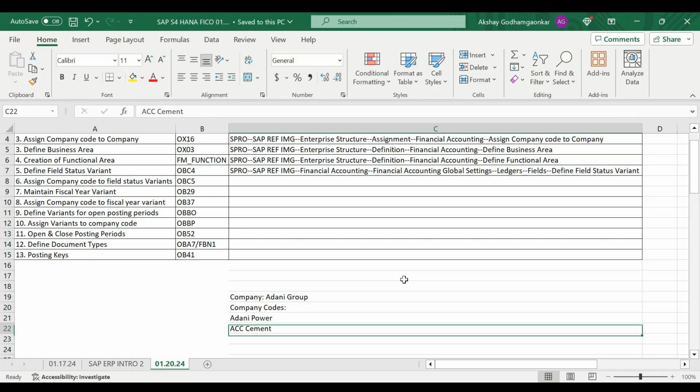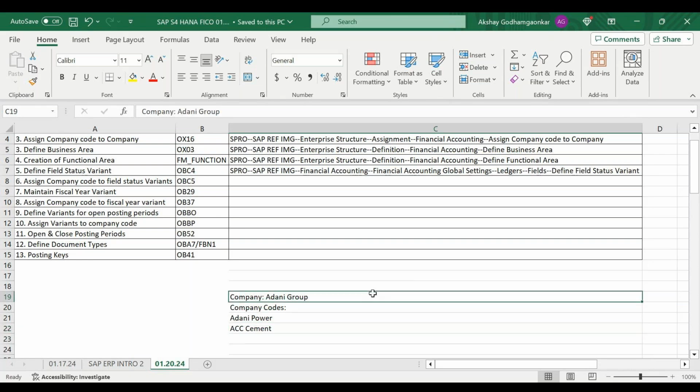In that case, suppose creating a company, what we need to do is create it in such a way that it's a 5 digit alphanumeric code. So we need to have 5 characters. It can be numbers or letters, we can use a combination of both. Okay, so what we'll do,